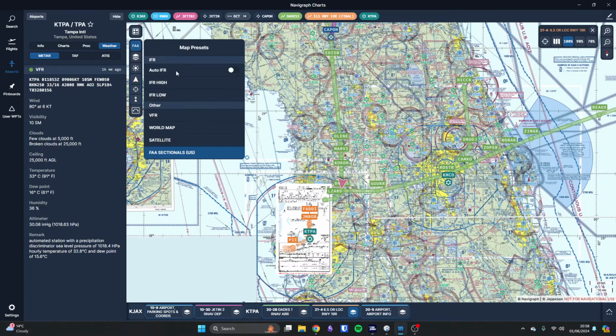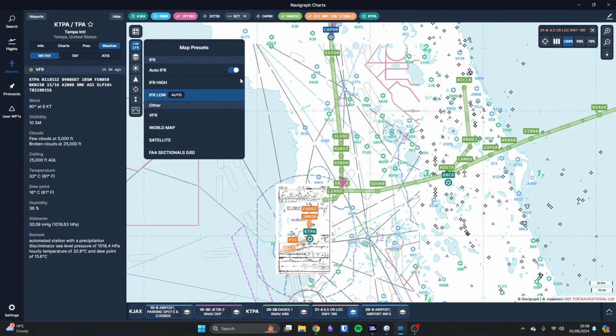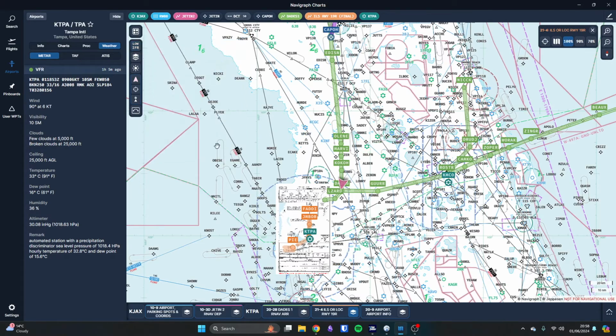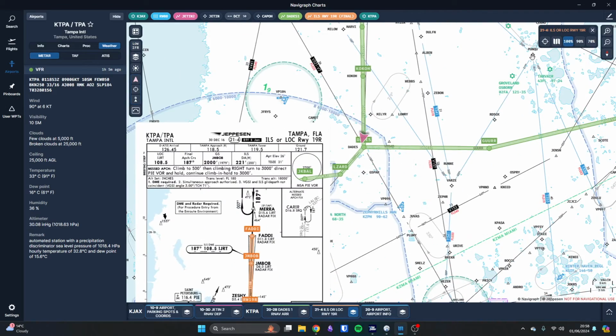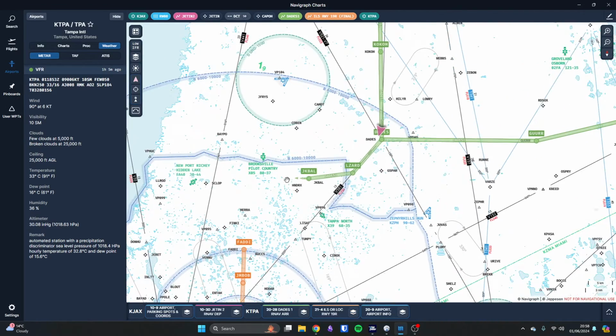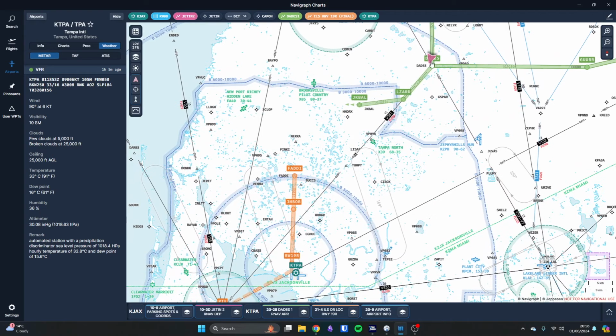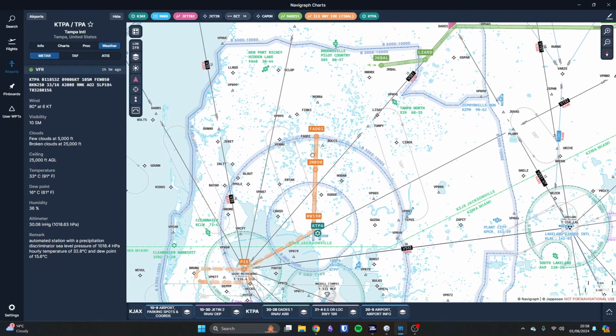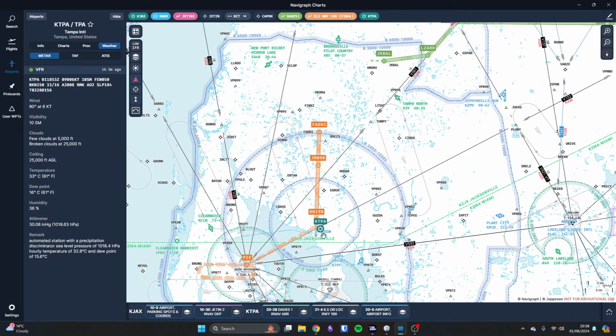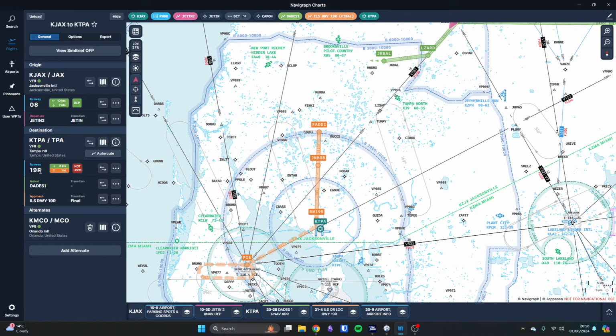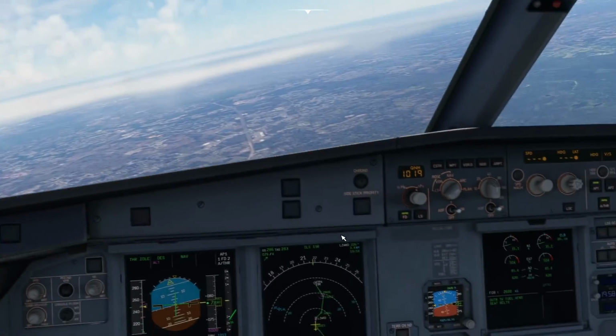We'll go and switch this back to auto IFR for the display, so we get an aviation map. We'll get rid of the approach chart for the moment. So you can see us coming in towards this route in, and then we'll come over towards Fadi, and then the line up for the runway. So what was it? 19 right. On the way in,